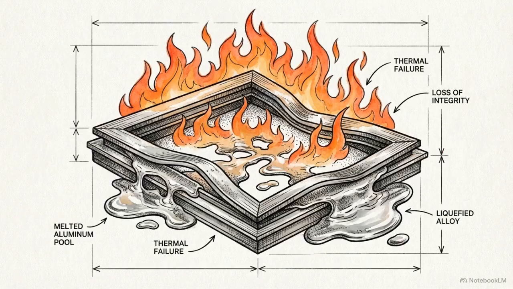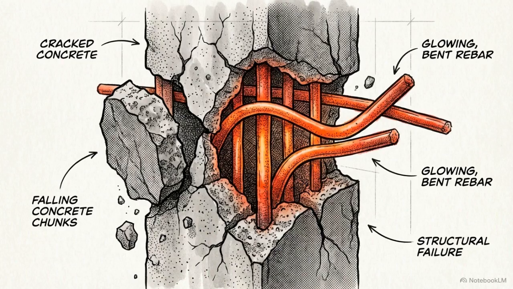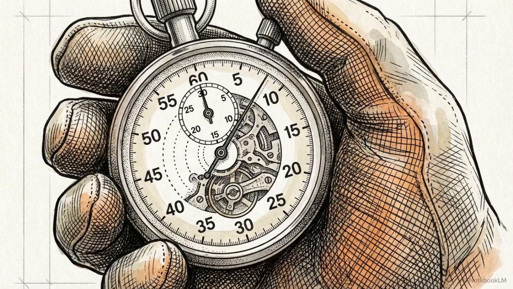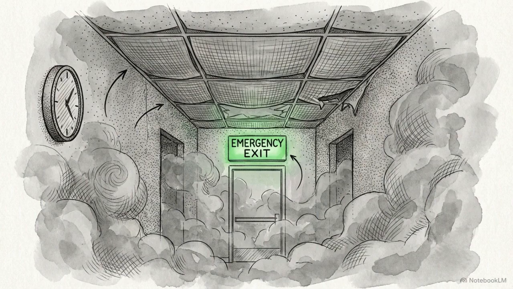Other materials fail rapidly as well. Aluminum rapidly loses strength at 200 degrees and melts completely at 660 degrees. Structural concrete relies on steel rebar, which weakens significantly between 400 and 500 degrees. Understanding material physics is critical. When administrative controls fail, the thermodynamic failure rate of the building materials becomes the sole factor dictating how much time